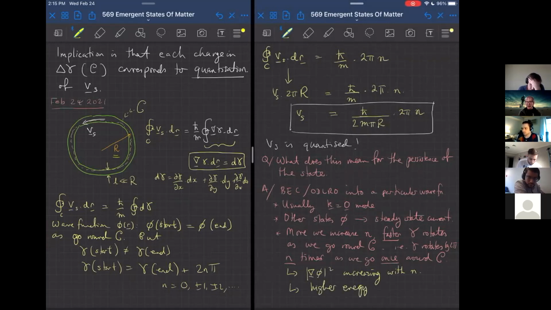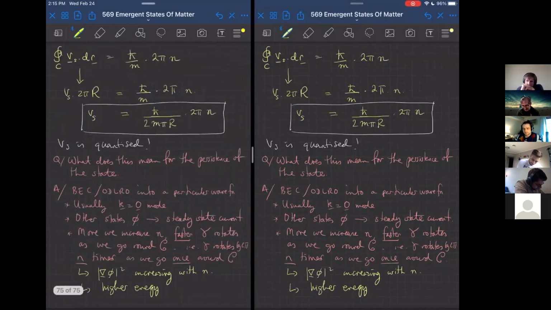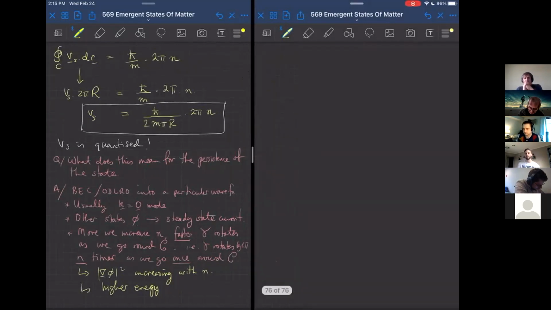So the greater the gradient of the wave function, the more nodes there are, the higher is the energy. So these different states correspond to different energies. So what we've just learned from this argument is that the higher n states have higher energies,